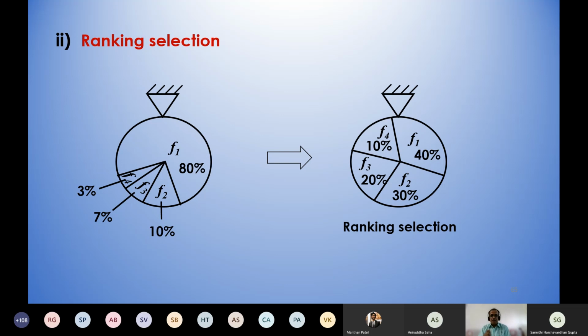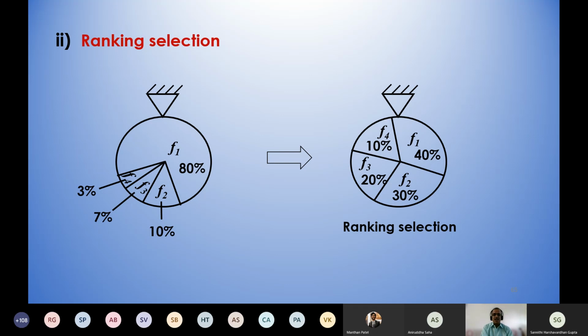So I hope you have understood how to overcome the premature convergence of the roulette wheel selection by using the principle of ranking selection. I hope I am clear about the working principle of the ranking selection.